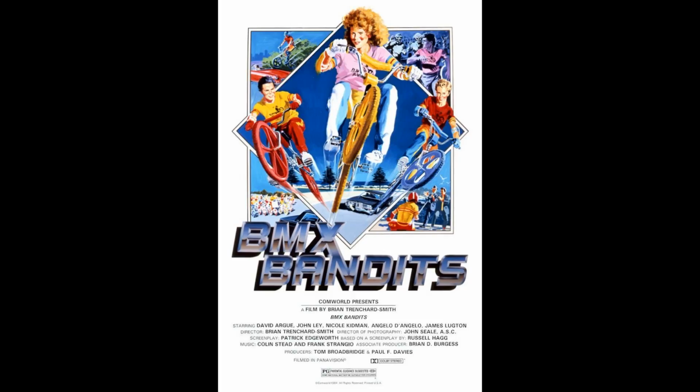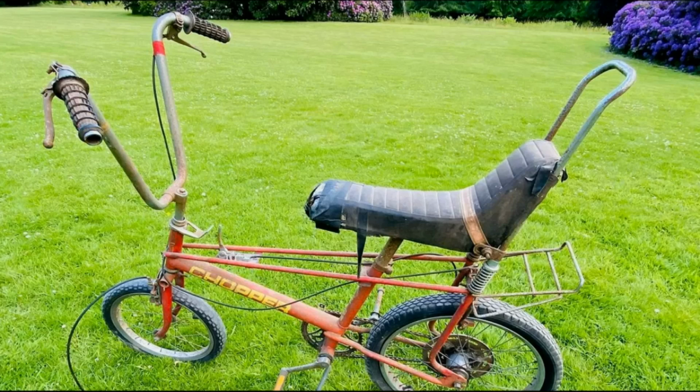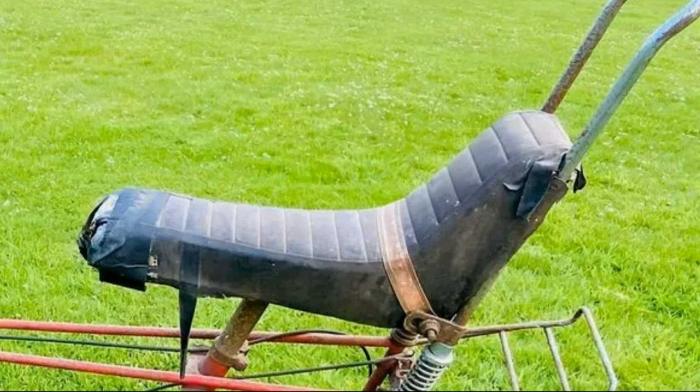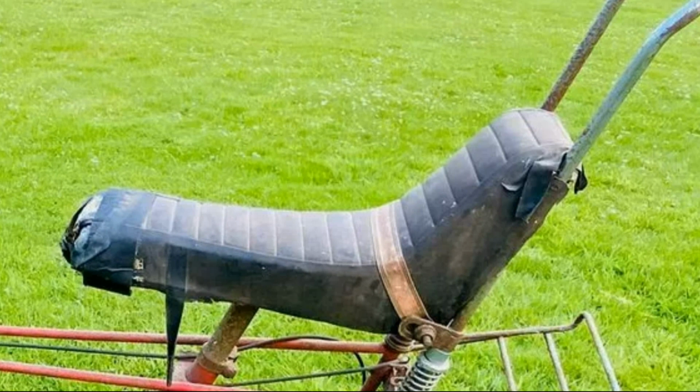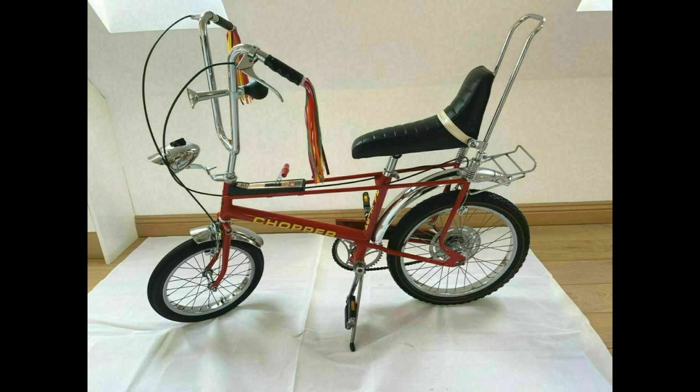The film Rally Chopper Bandits didn't quite have the same ring to it, but would definitely have been a better film. The main draw for this bike was the sofa that it had on the back in place of a conventional saddle. You could fit 3, maybe 4 of your friends on the back